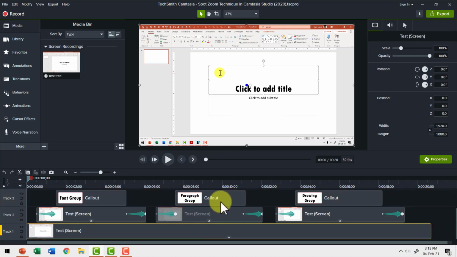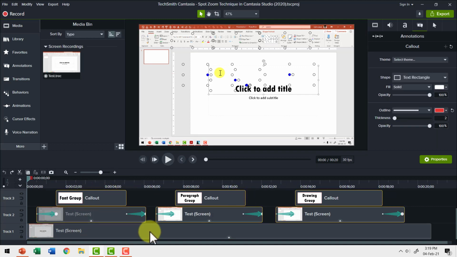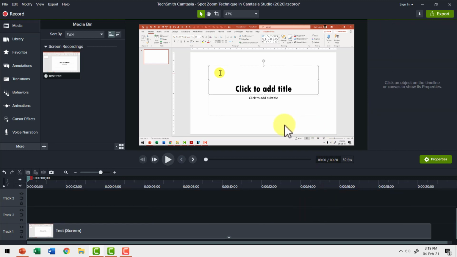As you can see, we have 3 tracks. I have removed the audio track because that is not relevant to this particular video. On track 1, we have the screen capture. On track 2, on certain portions, we have copied track 1 and we have applied the zoom effect. And then we added another track for us to write the callouts. I'm going to remove all these elements and let me show you how to achieve this effect from scratch.